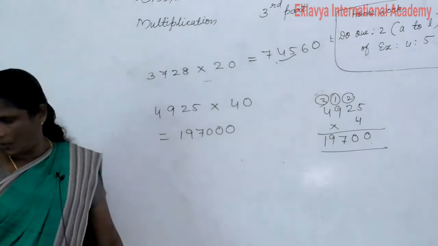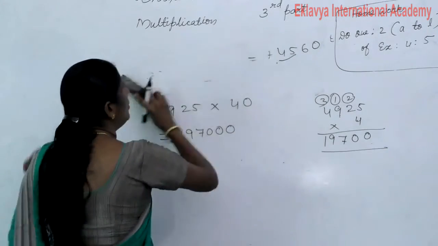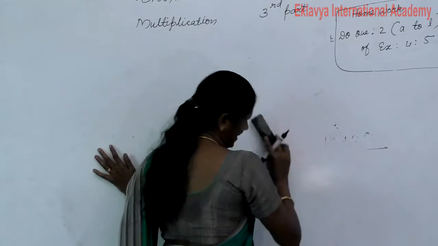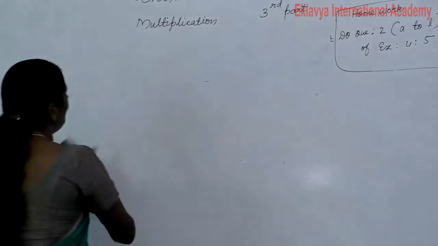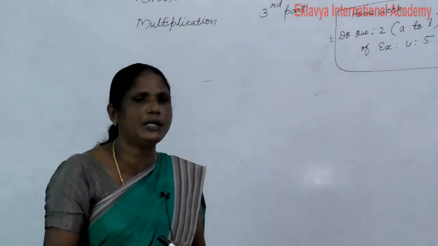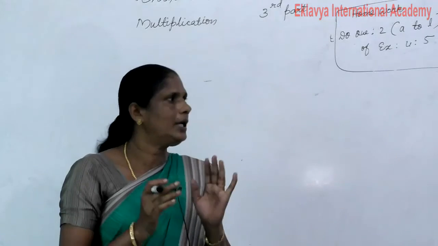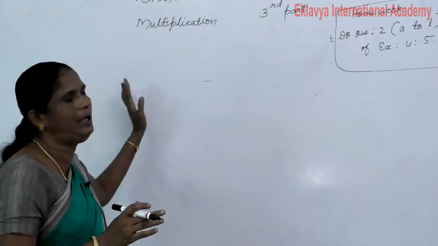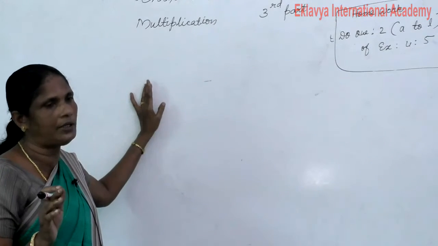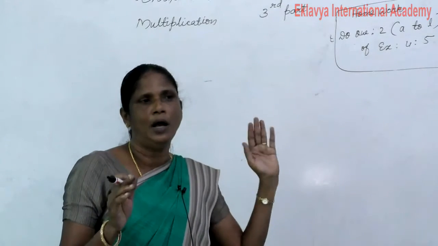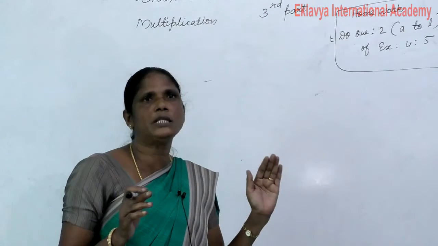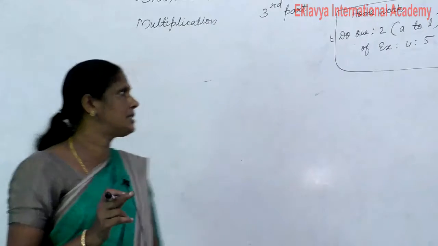Understand? Now how to solve the problems? Story sums, word problems. Some students do not understand the word problems. Listen, WH words do not come in the statement. Find does not come in the statement. What are the words that do not come in the statement? How much, how many, and find. These words do not come in the statement.